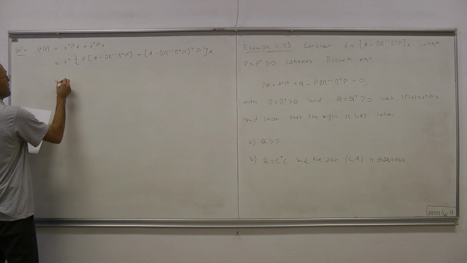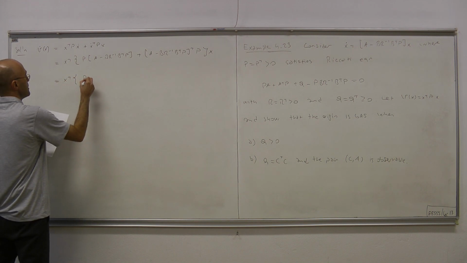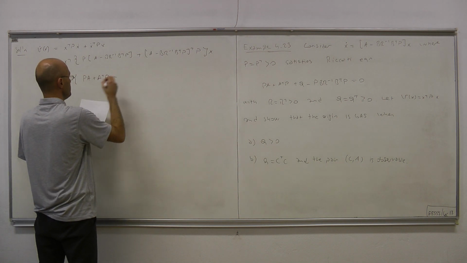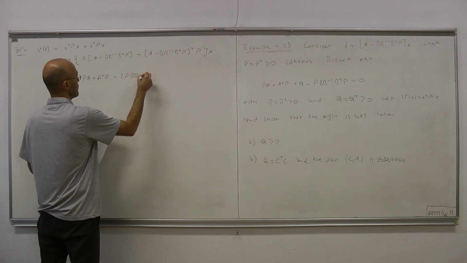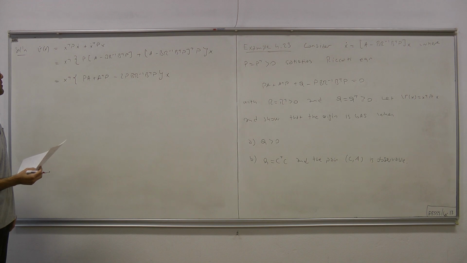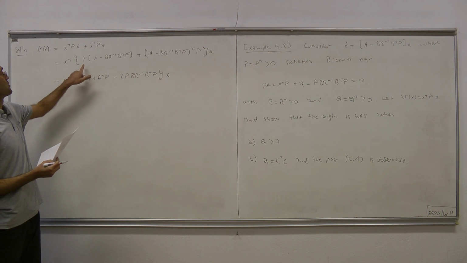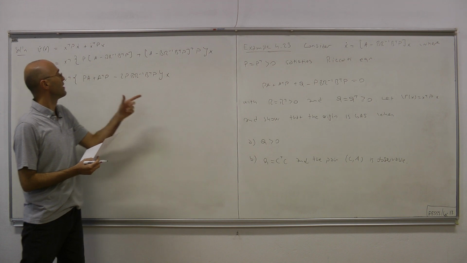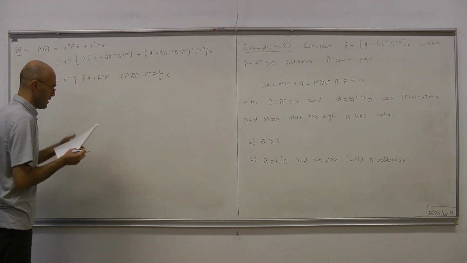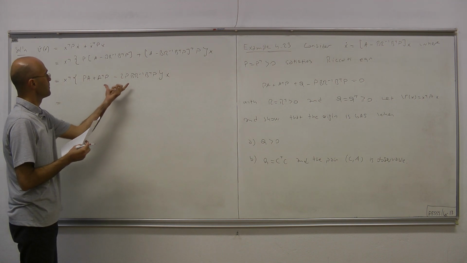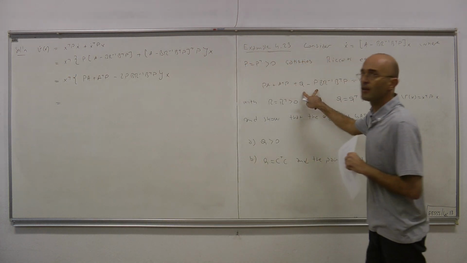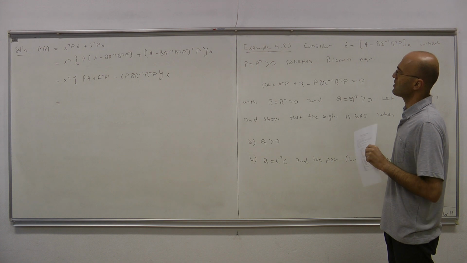And then we can write now x transpose times (PA plus A transpose P minus 2PBR inverse B transpose P) x. Here we have PA, here we have A transpose P, and then we have two of those matrices. And that equals, now we compare this matrix here with the algebraic Riccati equation, and from there what